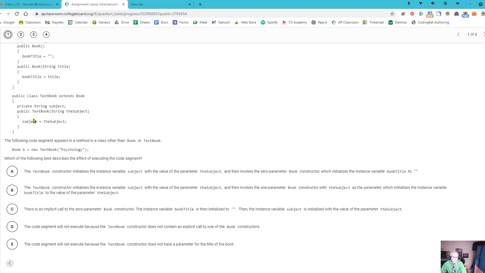So in the subclass constructor, the only constructor the subclass has, there's no explicit reference to super. There's no call to super, which must be the first line of a subclass constructor if there is going to be a reference to super. So that means the no-args constructor of the superclass is going to be called implicitly, or behind the scenes, by default. Okay, the next question is,